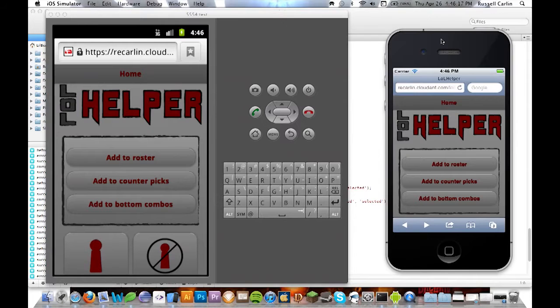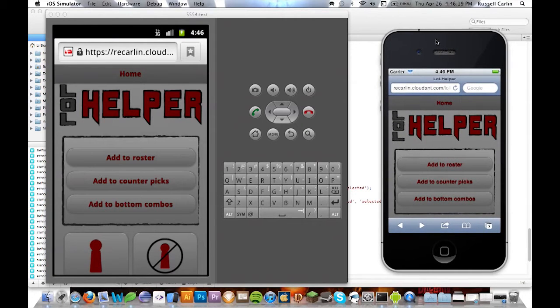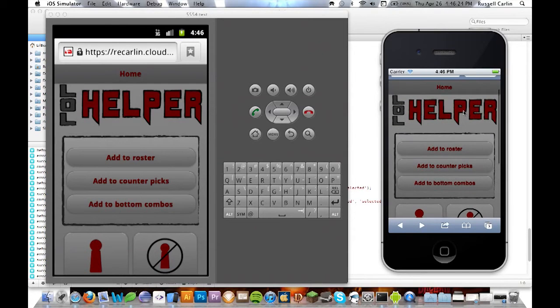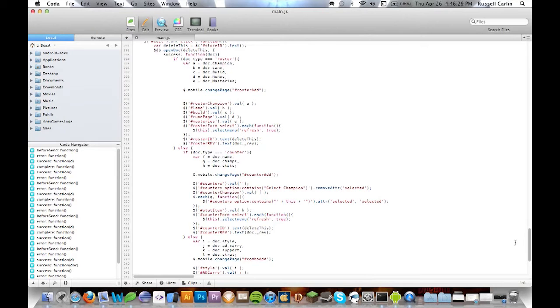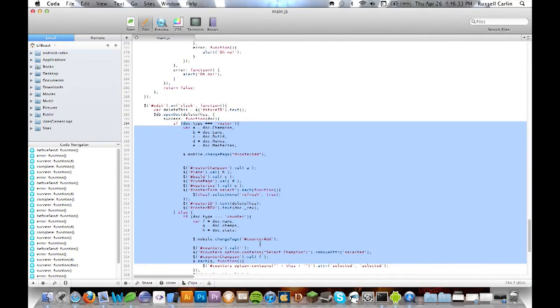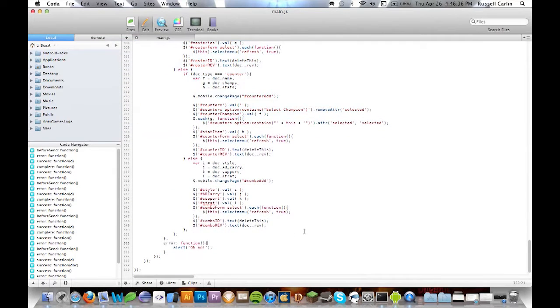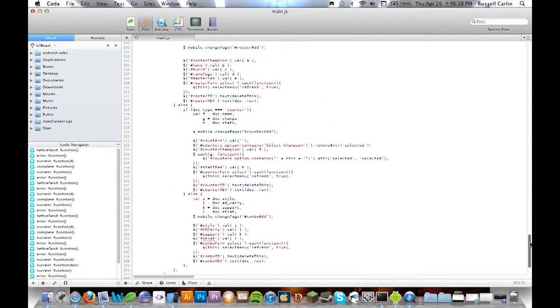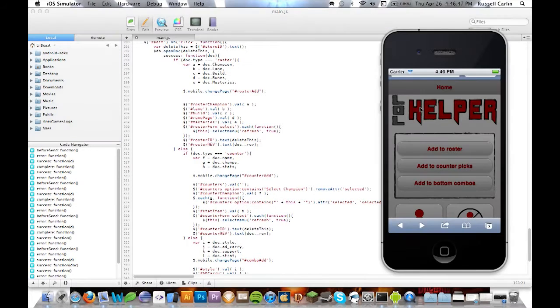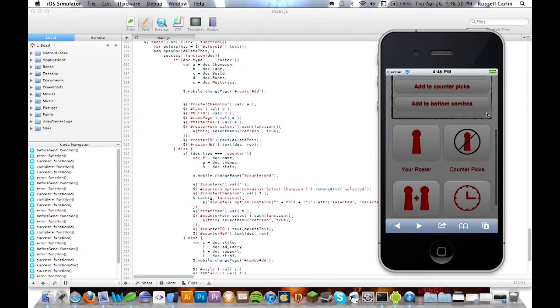This week, honestly, it took a lot longer than I thought it was going to take, just because I had to do my update and my delete. The delete was easy, and then the update, as you can see, is a rather large function here. It was somewhat difficult. It was mainly putting the values into, let's see if I can find my simulator here, mainly putting the values into